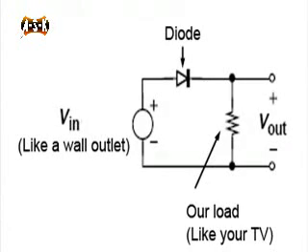A simple rectifier can be made by putting a diode between an AC source and the device it will power. This is a half-wave rectifier. The AC voltage source on the left is like the power company. The diode does the rectifying, and the resistor is how we represent the device we want to power. Sometimes this is called the load.